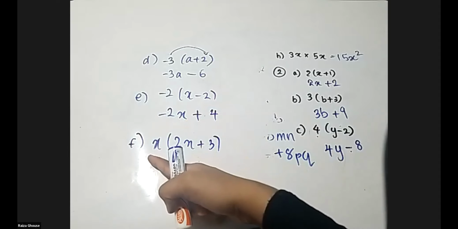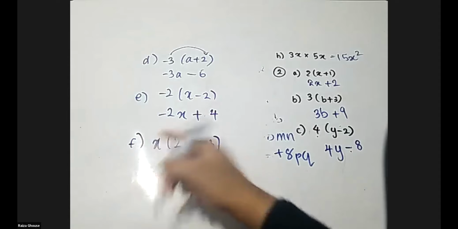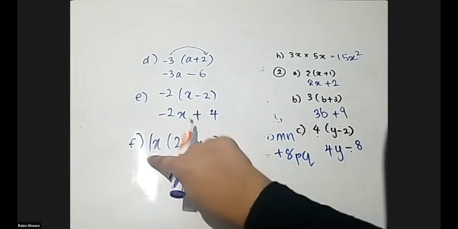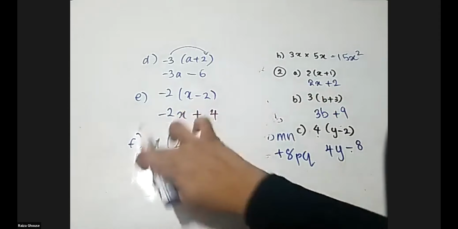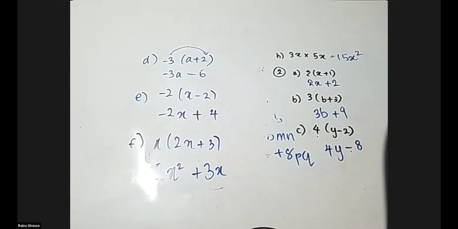F part, mark your book now, 2x plus 3, right? Now term outside is x. 2x into x means x into x is x squared, and here it's 1. 1 is not written, but 1. So 2 into 1 is 2. Clear? Now 3 into x is 3x. So it's just 3x there.